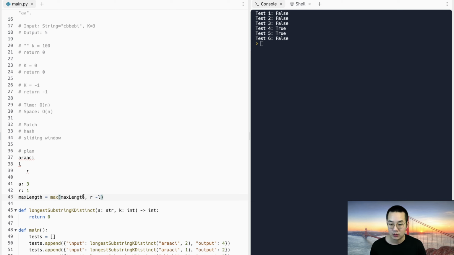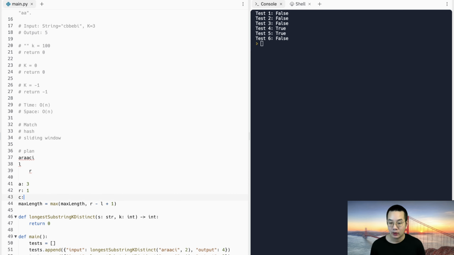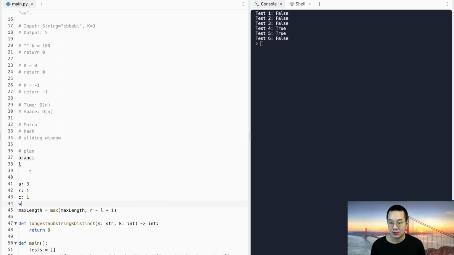We have a total of 3, and we do need a plus 1 to get the current spot. So we do that. With that, we can move forward again with R, and we are at C now. So now C is going to be at 1. And so what happens is that while the dictionary has more than k items,